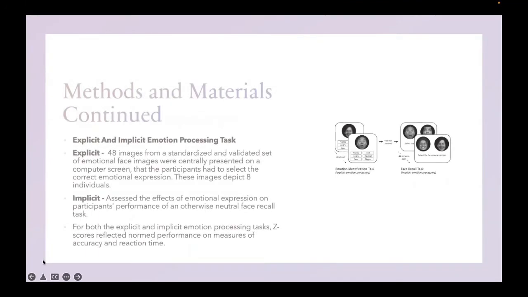To test the valence processing in human OCD patients, an explicit and implicit emotional processing task was conducted. Tests were completed in a single undistracted sitting of approximately 45 minutes. During the explicit part, participants had to select as quickly and accurately as possible the correct label from a list of emotional expression labels on a computer.